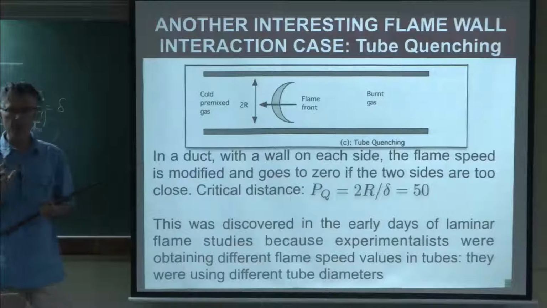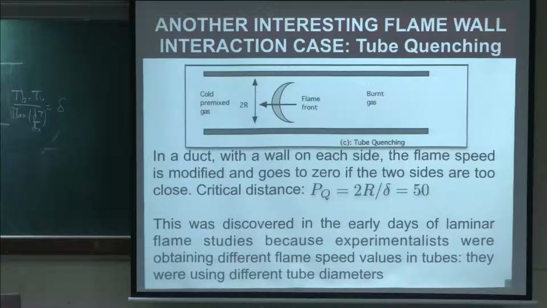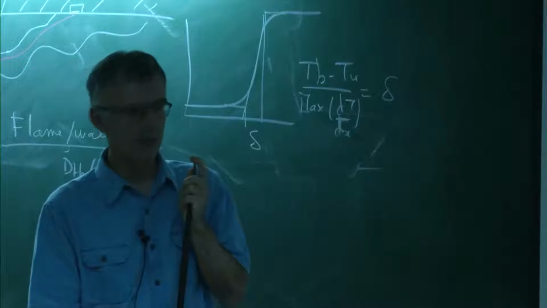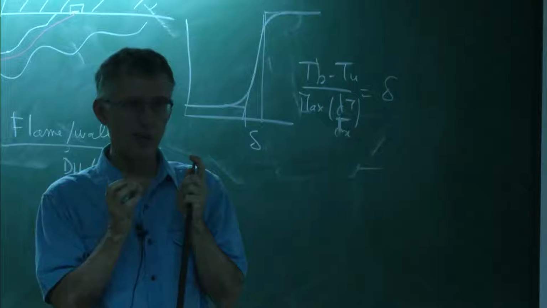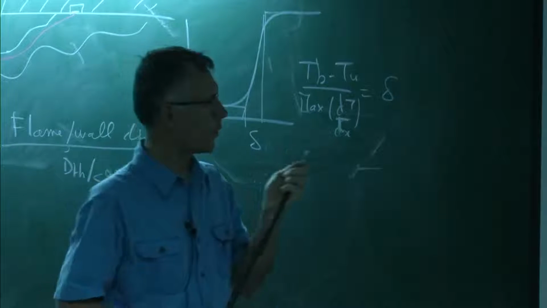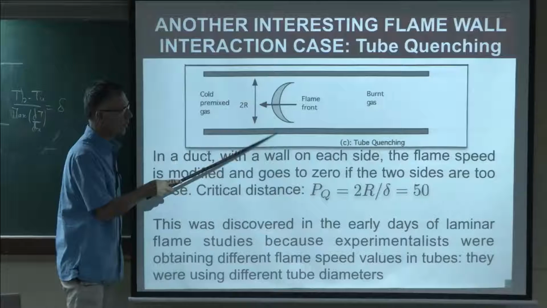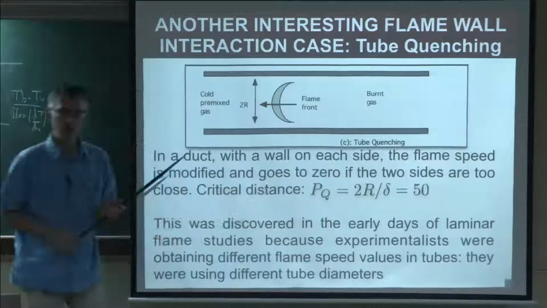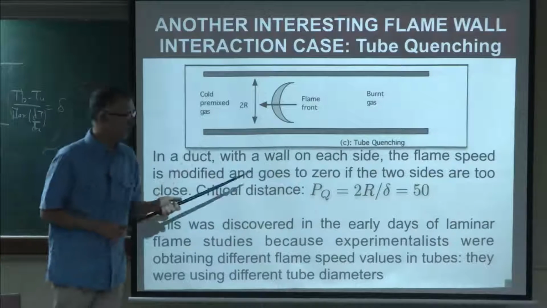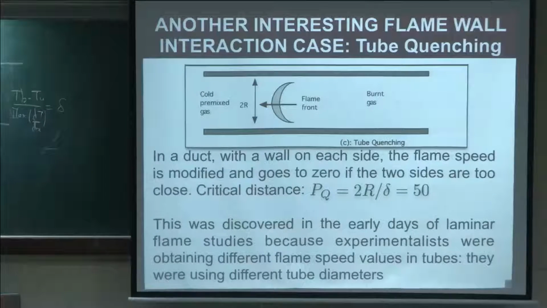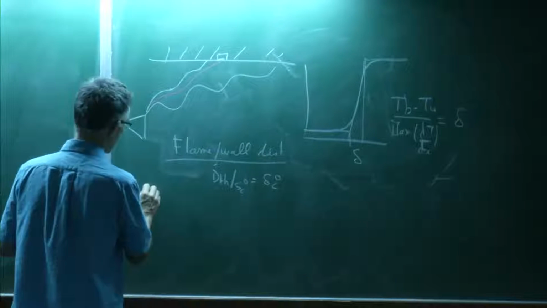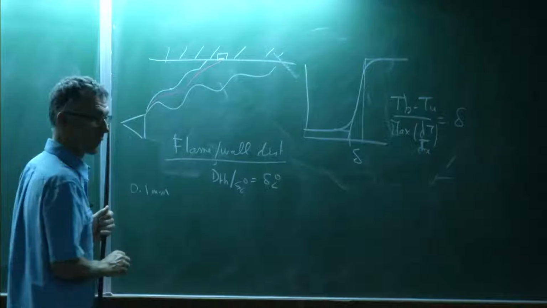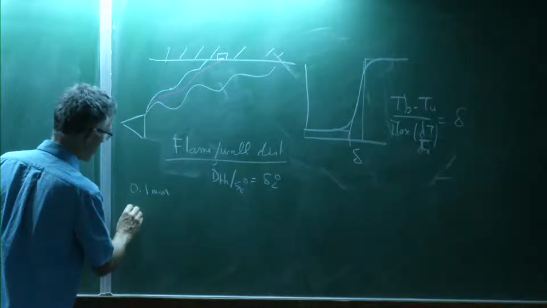And this property is actually very, very important. Probably we would not be sitting here without this property, because you will see in a minute how important this phenomenon is. In other words, you can stop a flame if you force it to go through a hole which is too small. What too small means is typically 50 times the flame thickness. For most flames, this quantity delta, the flame thickness, is of the order of 0.1 millimeter. So 50 times that is a few millimeters, 4 or 5 millimeters.